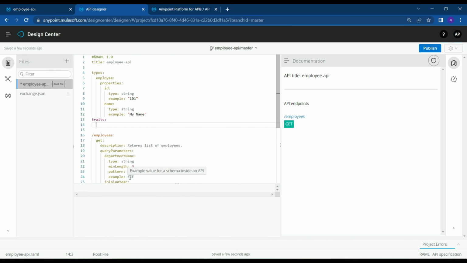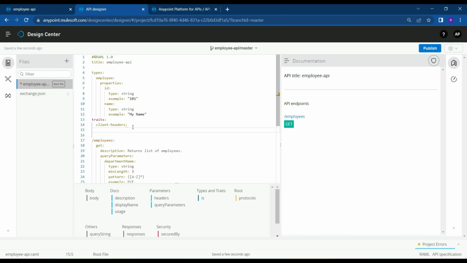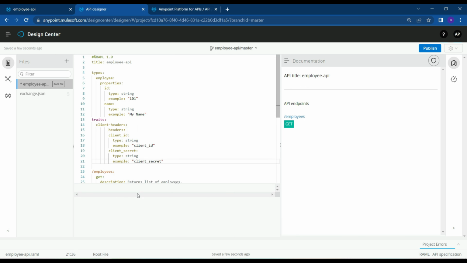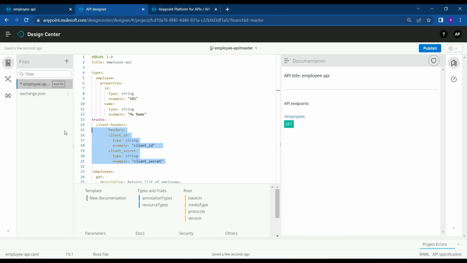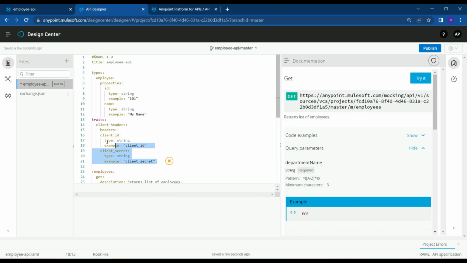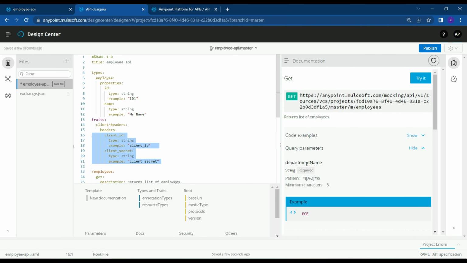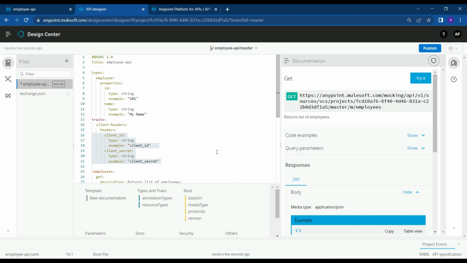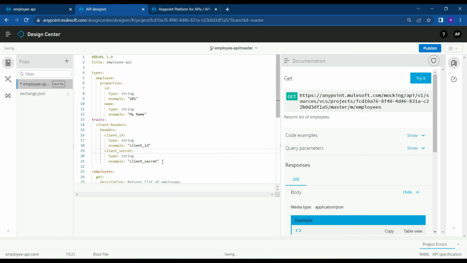These header parameters are basically generic. They are applicable for all the APIs present in this application. So let's create a trait so that we can reuse it for different APIs. Now we have just the get employees API. In future we can have multiple APIs, but this header information will be applicable for all the APIs. So let's create a trait with a name, client headers, and we'll try to access